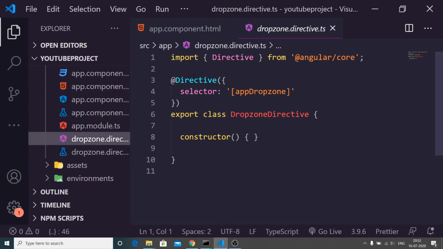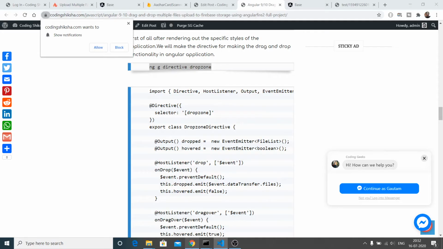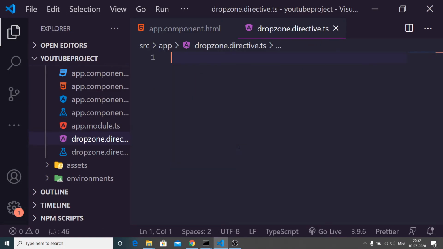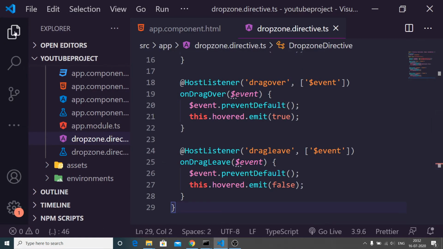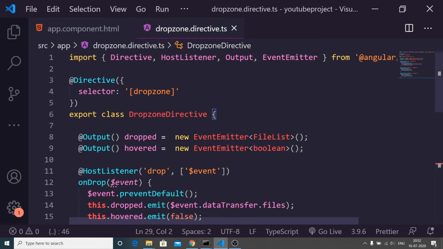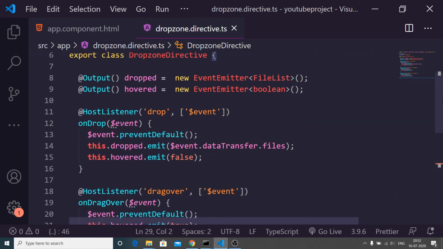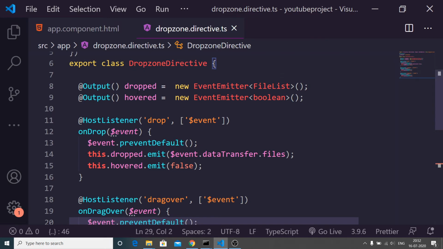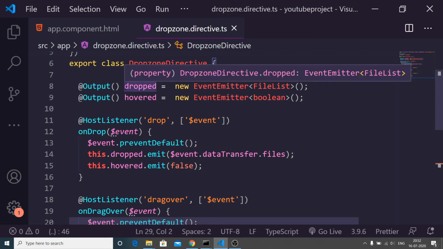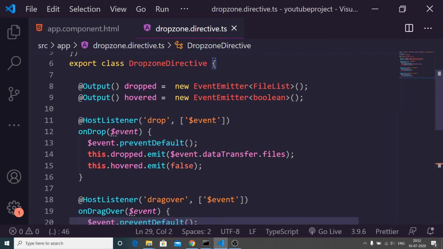So you will get this boilerplate code for the directives. You just need to copy the code which is there inside the blog and paste it here. So basically inside this we are making some custom directives. So if the file is dropped inside this module, there is an event which is fired here.